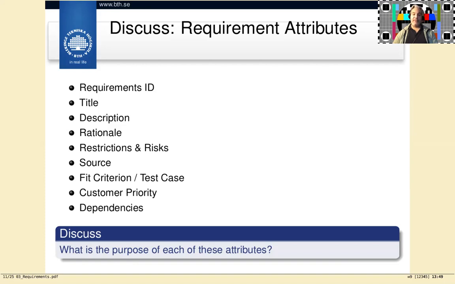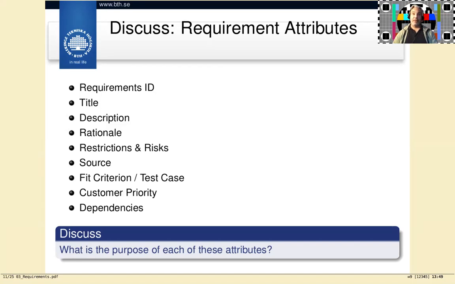Sometimes you will then see restrictions and risks on requirements. So are there known conflicts with other requirements, or are there known dependencies between this requirement and other requirements? Do I have to build this requirement before some other requirement, or vice versa? Can I build this requirement at the same time as another requirement, or are they in conflict with each other,